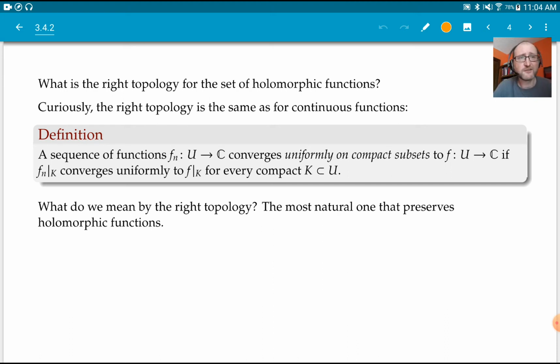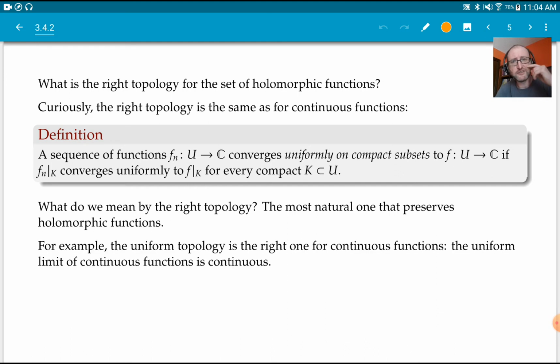We could ask for a stronger topology, but we're generally interested in the simplest topology that does that, the most natural one. For continuous functions, it's one of the first things that you learn in undergraduate analysis when you're looking at sequences of functions: uniform limits of continuous functions are continuous. So it's the same one for continuous functions, which is weird,